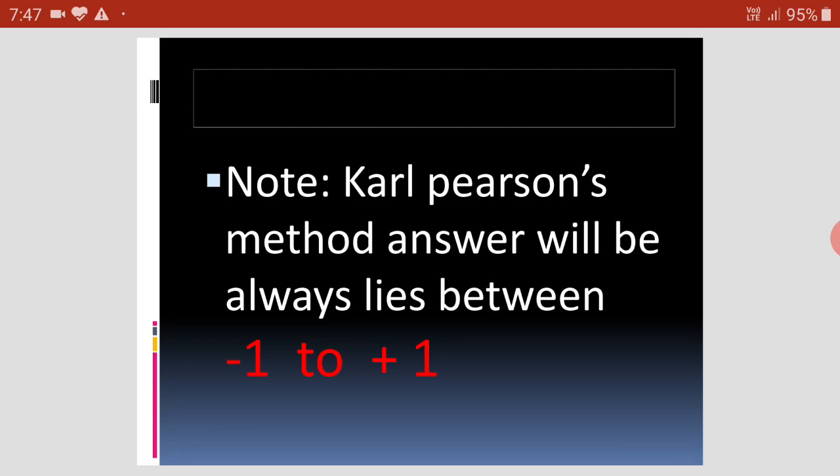I have given a PDF file for home or classwork practice for Karl Pearson's method. Here we studied method 1: when the observations are very small, use this formula and these steps. Practice the 4 questions in the PDF file in your notebook. Purchase a 200-page long notebook, so you can calculate all statistical data in one notebook.